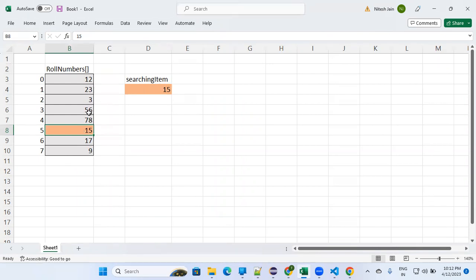Then next you are checking whether 15 is equal to roll numbers of 3. And then you are checking whether it is present at the last location or not. That will take a lot of time, and probably you will not be able to find the value, right? The thing is, you have to search each and every one. It's like this. So another example is, let's say you are entering a classroom and you want to find